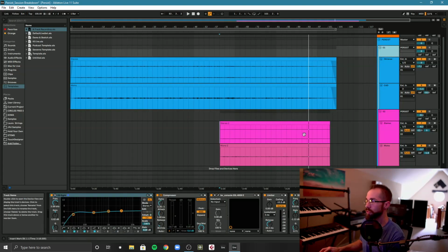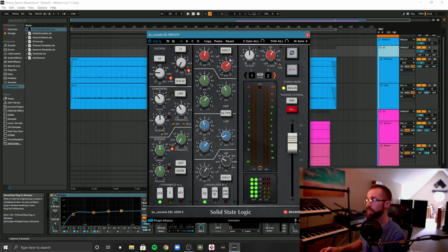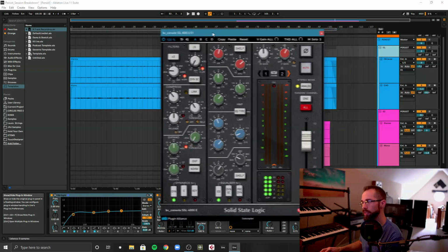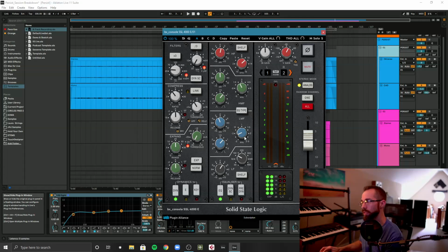Okay, so here you can see I've got a few more things. I mentioned additive EQ, and for that I'm using an SSL 4000 emulation. This is from Plugin Alliance. There are lots of emulations of this console out there. This is just the one that I use. You can see I've added some highs. I've scooped out some of that around